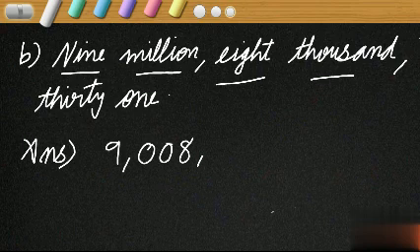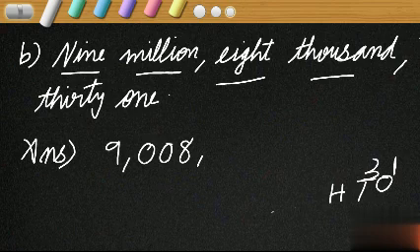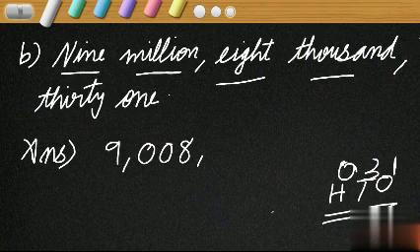008. Okay. Then what about our ones period? 31. In the ones period also we should have 3 places: ones, tens, hundreds, isn't it? 31 means 1 in the ones place and 3 in the tens place. And what about the hundreds place? As we have done in the thousands period, in the ones period also we have to put 0 in the hundreds place. So, 31 has to be written as 031.